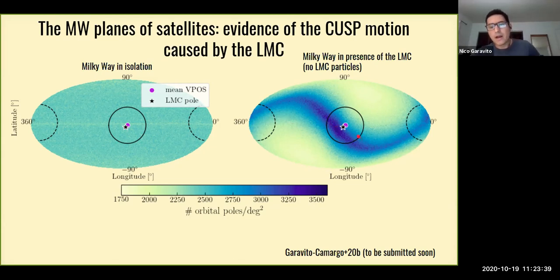Thanks. So you see this S shape here, and this is induced when you have a displacement. Do you remember the displacement at the beginning? This displacement causes this alignment of orbital poles, and the orbital poles are very aligned with the one of the LMC. So this is very curious. The tails of this shape are from particles in the outer parts of the halo. But if you look between 50 and 200 kpc, the overdensity of orbital poles is around the LMC.